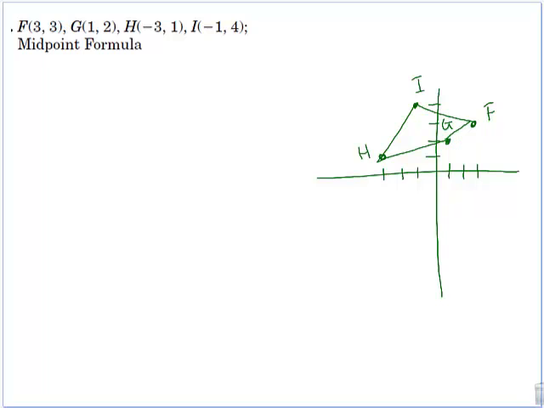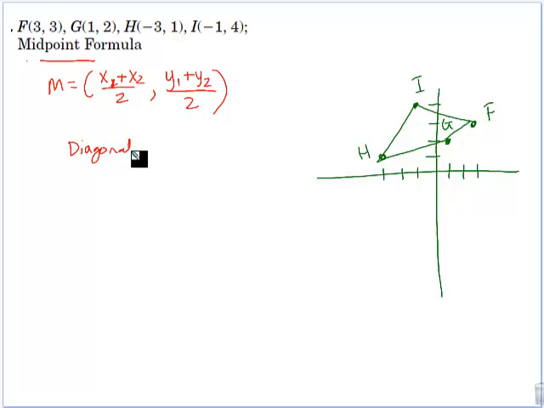So, according to my diagram, this does not look too promising if this is a parallelogram. But since I sketched the graph, I could have done a poor job of it. So we're going to check this using the midpoint formula. Our midpoint formula is x1 plus x2 divided by 2 and y1 plus y2 divided by 2. And we do the midpoint of our diagonals. So one of our diagonals is IG and the other one is FH. IG, FH. So from I to G,